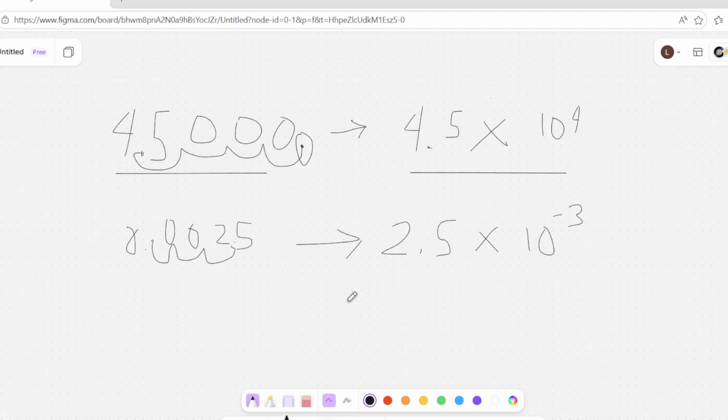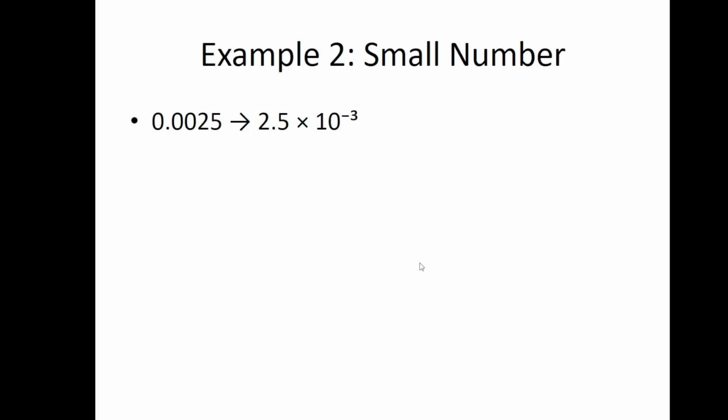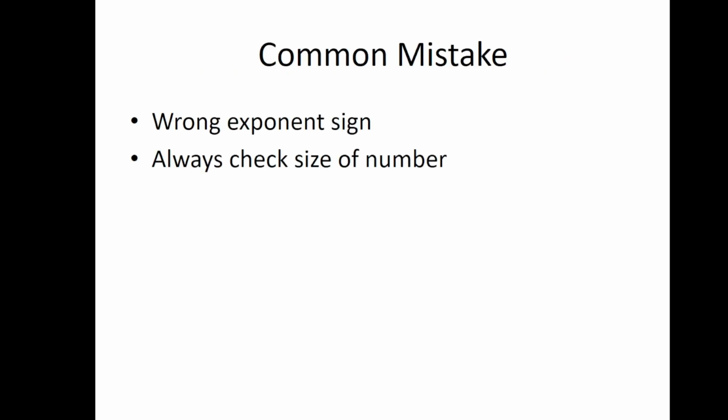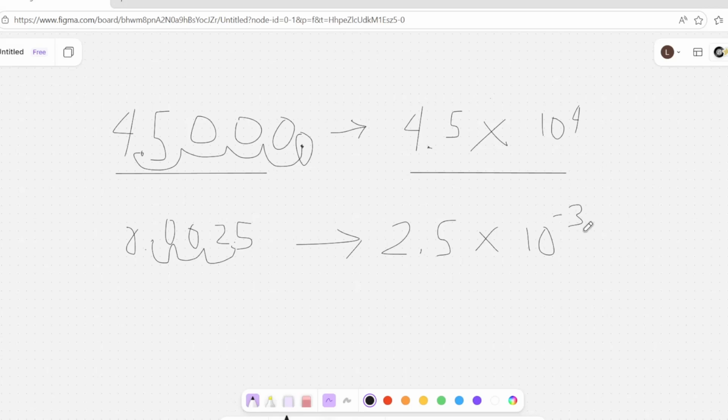So if we are going to move the decimal point to the right, we will be applying a negative exponent. However, if we are going to move the decimal to the left, we will be applying a positive value. So we can simply say that if we use a negative value of the exponent, the number that we are evaluating is a small number.